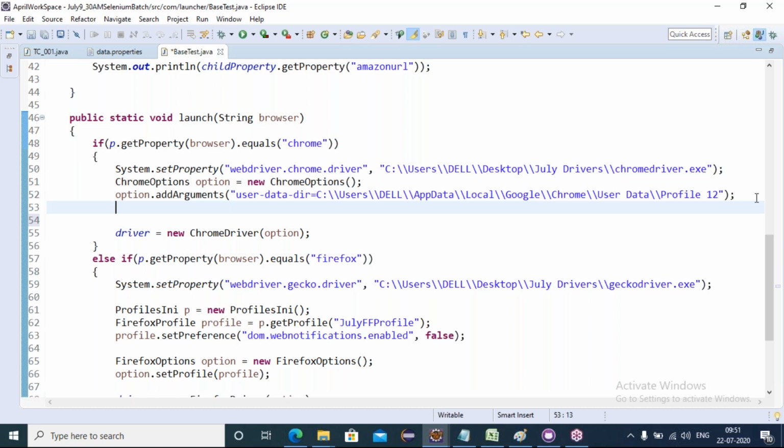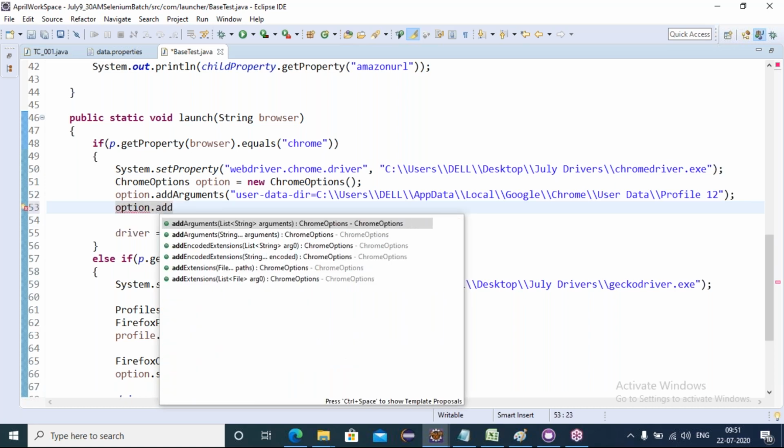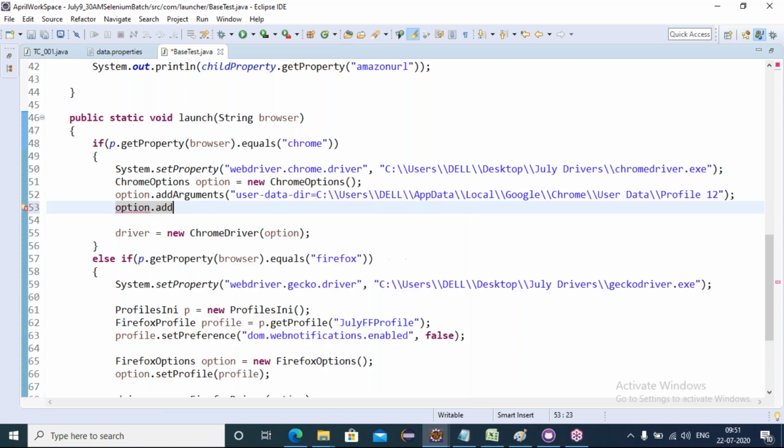Use the Chrome options class reference variable, option dot add arguments. Here we are giving the argument: hyphen hyphen disable hyphen notifications. Any spelling mistake? No spelling mistake.